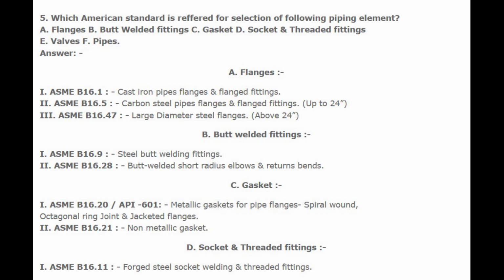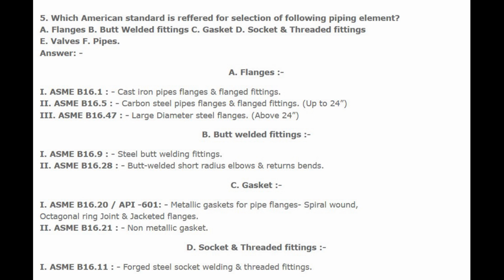ASME B16.28, Butt welded short radius elbows and return bends. For gaskets: ASME B16.20 and API 601, Metallic gaskets for pipe flanges, spiral wound, octagonal ring joint and jacketed flanges; ASME B16.21, Non-metallic gasket for socket and threaded fittings; ASME B16.11,